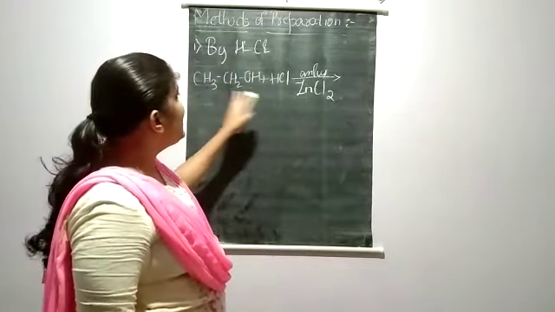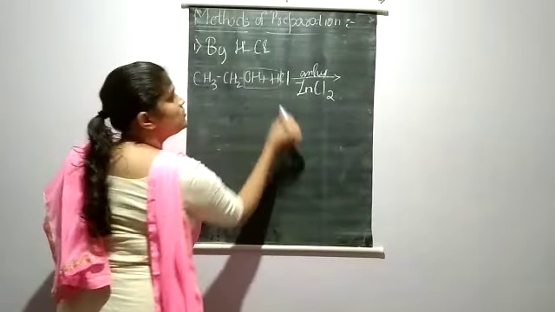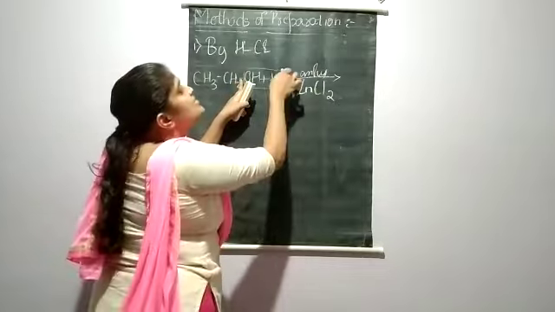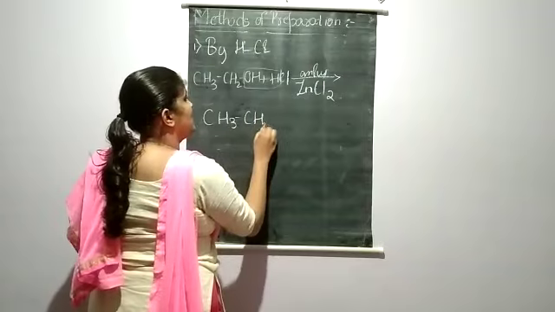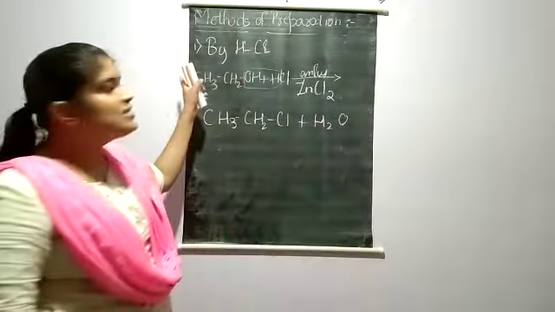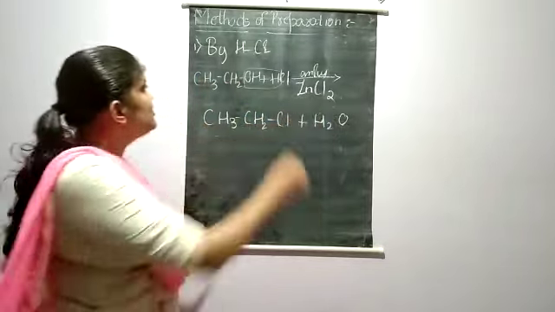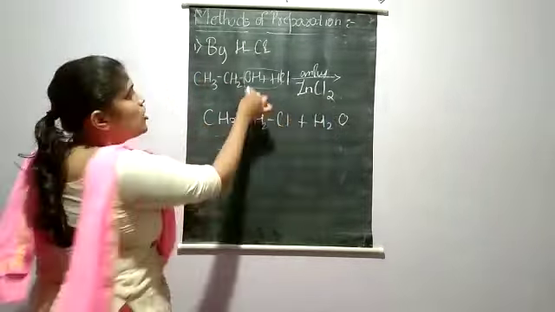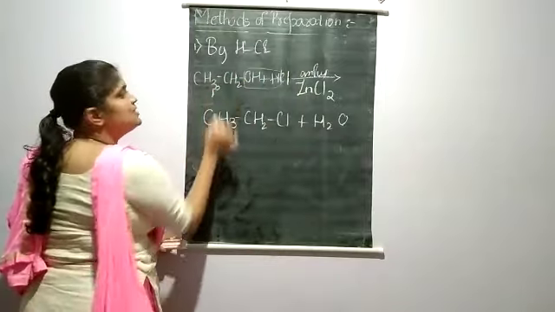Now when I react with this, what happens is that this and this form a water molecule. Then in the place where the bond is removed, Cl will come and attack, forming ethyl chloride and a water molecule. I hope you understood. Starting, ethanol will react with HCl in the presence of zinc chloride. When the bond breaks, this will form a water molecule, and in this place the chlorine is going to come and form ethyl chloride. This is for primary alcohol.